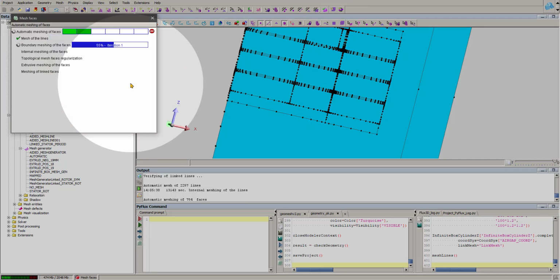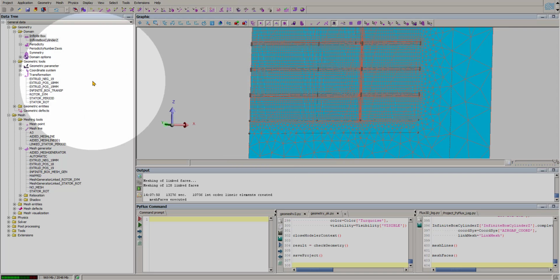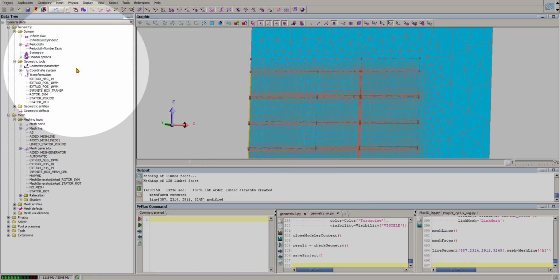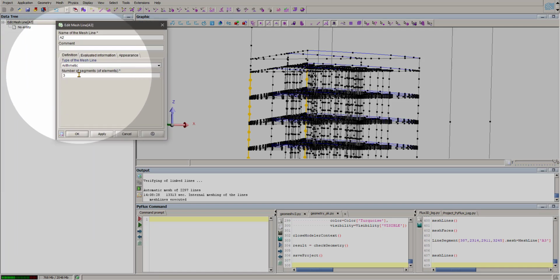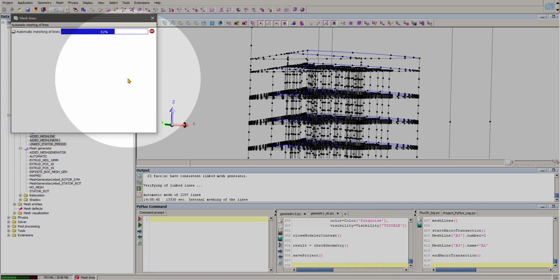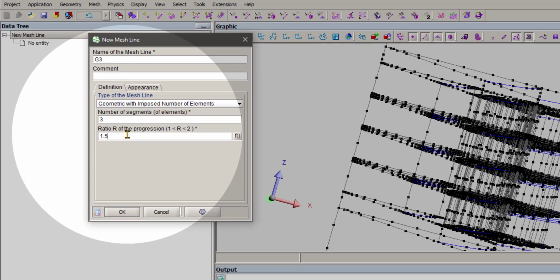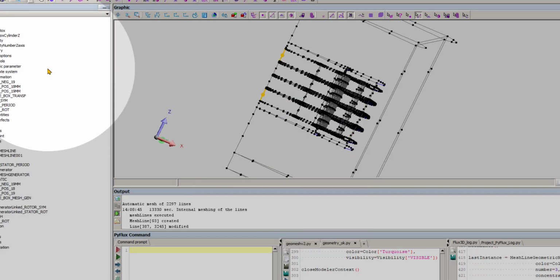Then I can mesh again, and I can see that finally the mesh line I gave is not respected. This is due to the fact I moved the geometry. Now I can simply reassign the mesh line information on given lines of the layer. It's enough, and all the lines in this direction, on this geometric or mesh generator, will have the same information. Here, as you can see, I moved from 3 elements to 2 elements, but I will modify again the mesh line information on the layer, on the border,